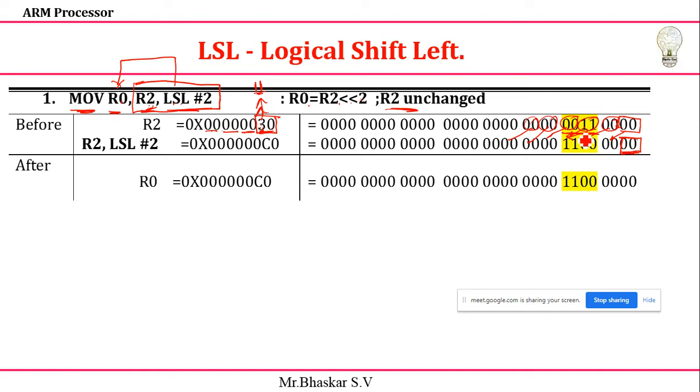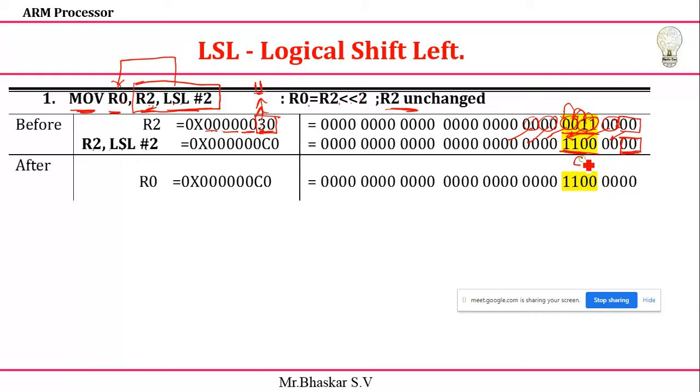Okay, so after doing it will be shifted, and what is the result you'll get? You can see R2 logical shift left of 2 if you do. So now this double one will come to here in this position. This one will come to here, one position. Next, another position means it will come to here. Two positions it will be shifted, so I'll get to here. Next this one will come to here and it will come to here. This position. Now you read this. What is the value? Double one double zero.